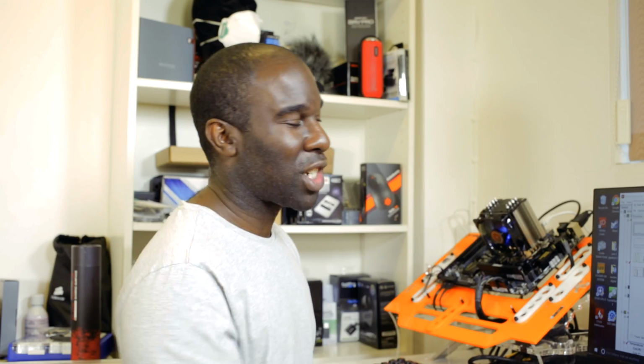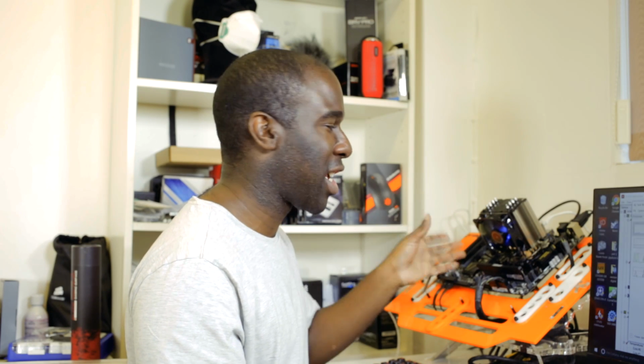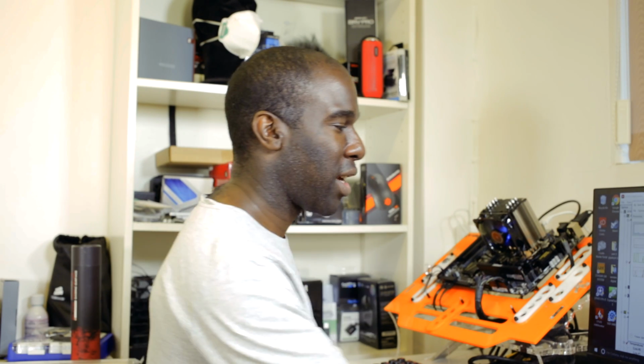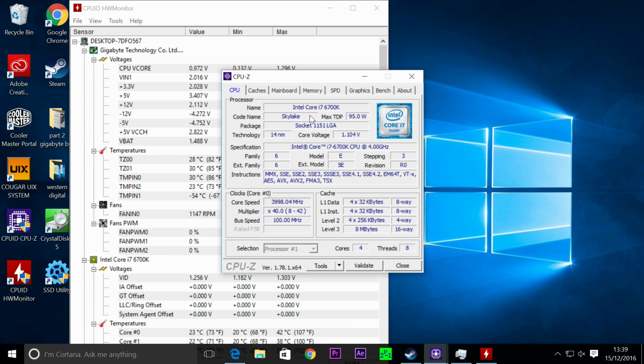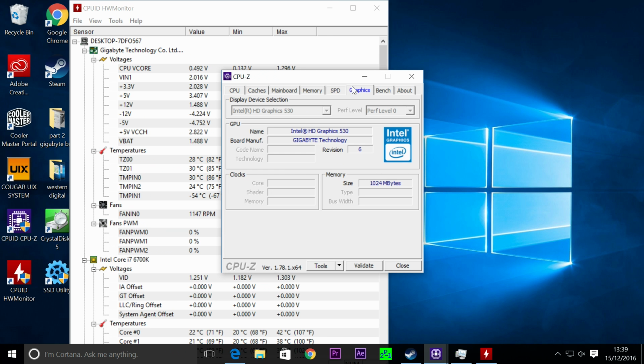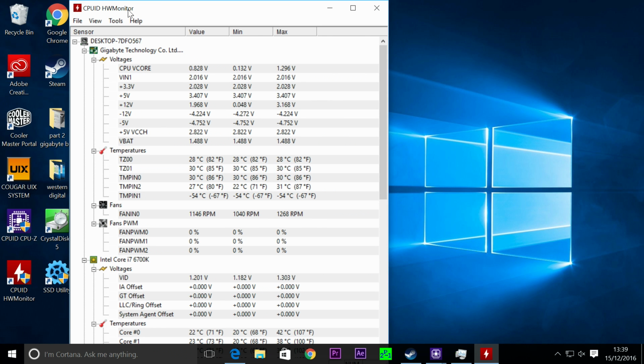But when we torture test the CPU underneath to see how well it performs, we'll find out. So at the moment, you can see that it's not overclocked or nothing else is going on. It's a quad-core processor, as you can see, 6700K, no extra voltage or anything like that, no graphics card because it's stress testing the CPU only. Intel HD graphics 530 is the onboard graphics we're using, so we get rid of that, and we've got CPU